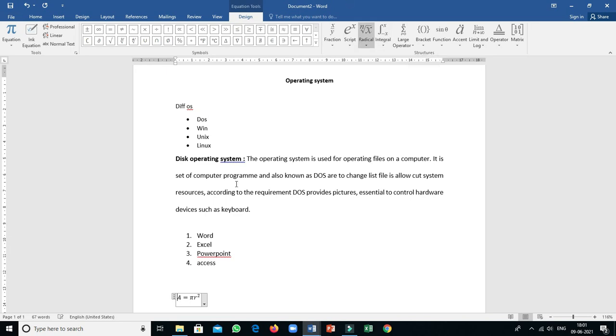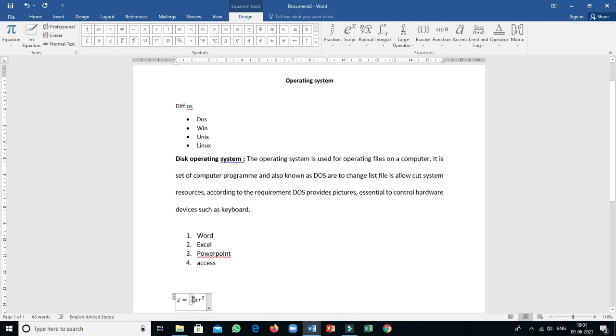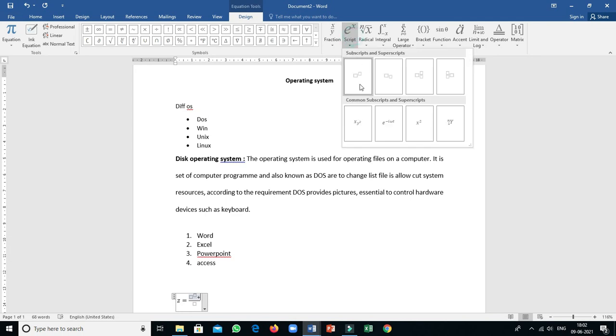In case of A, you delete it and type Z, then move the pointer here, then fraction. Select this one, go for power. Now the pi r square is there, you remove this, select the top one, then script, select, then plus, then script, then select.